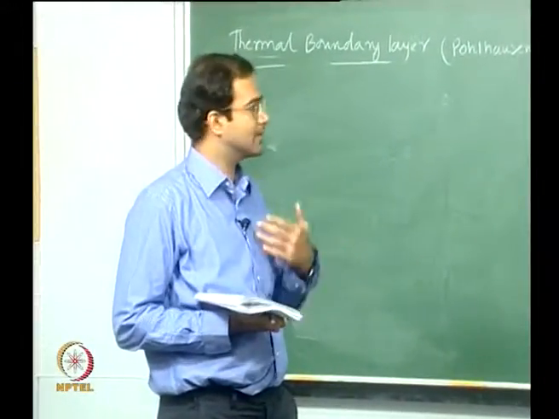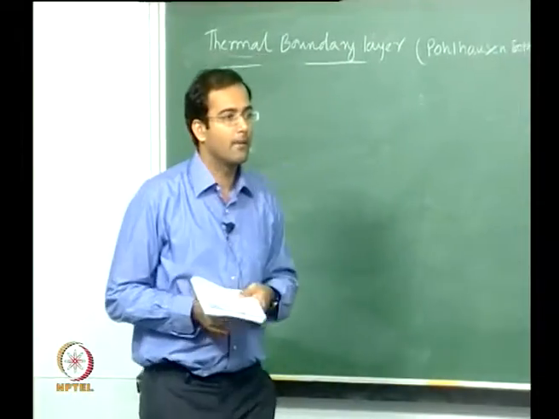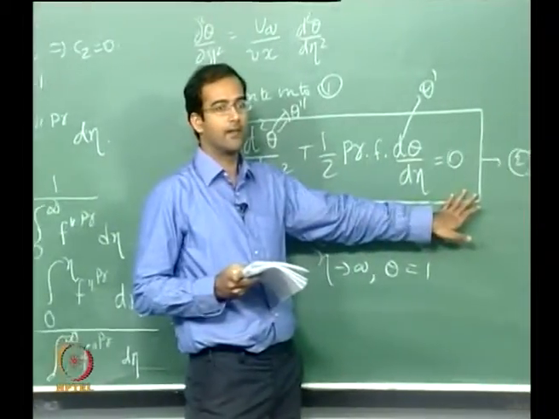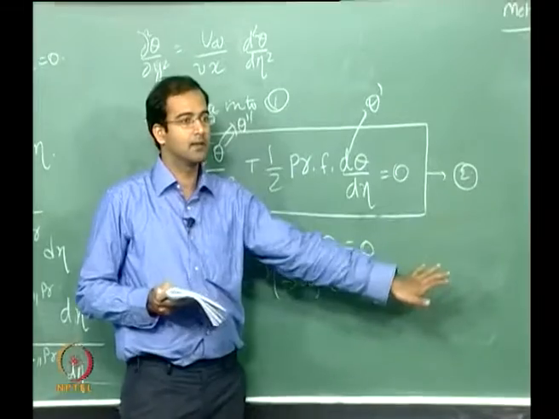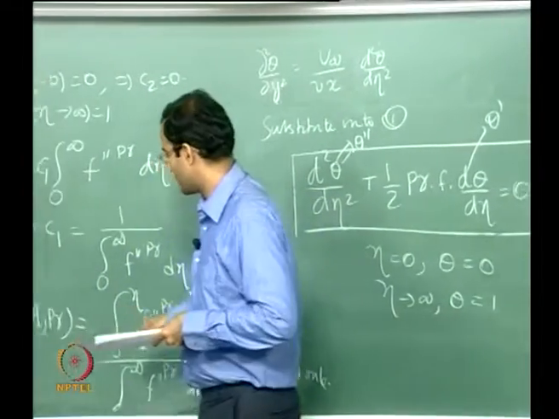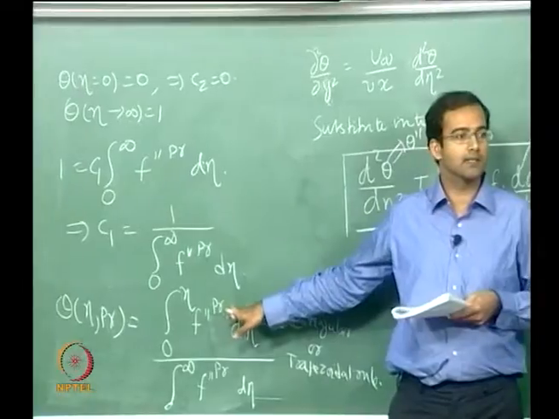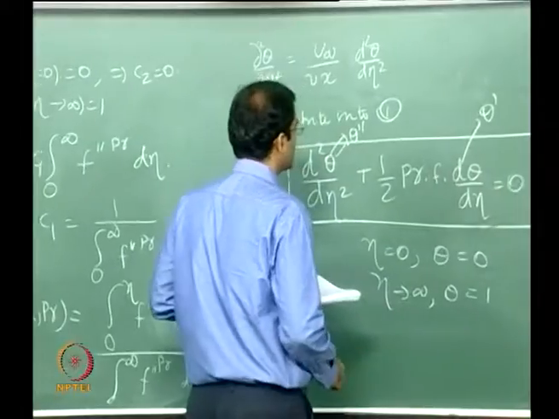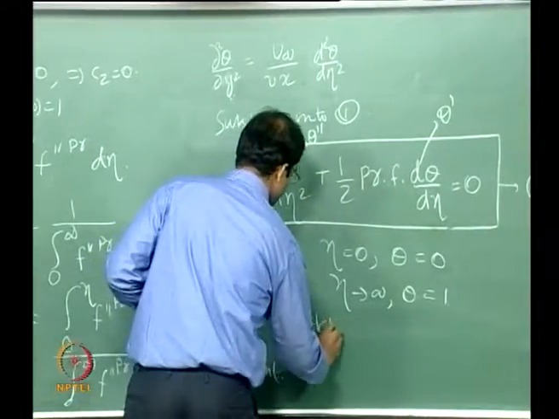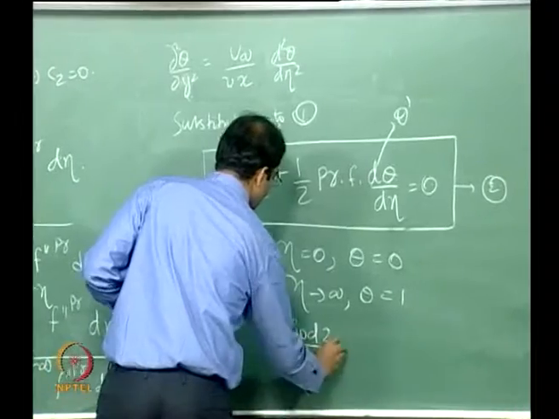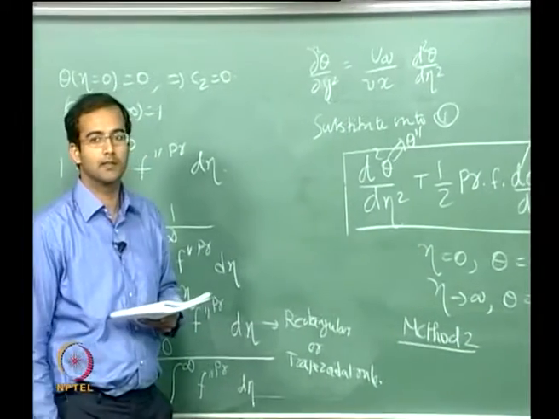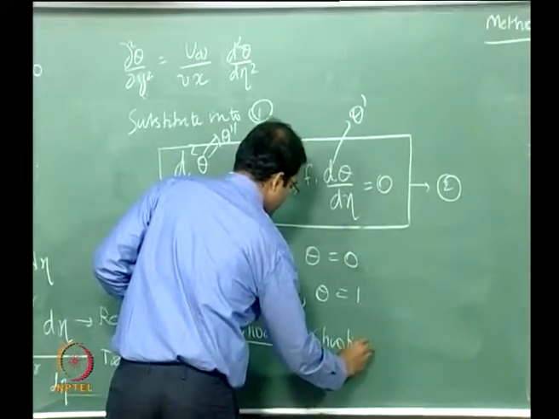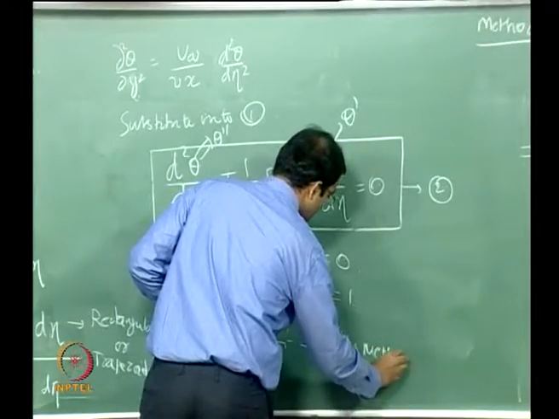Or the other way, what is the other way of finding the solution? Okay, so this is the equation that you know. Now I have given you one method where it looks like an analytical solution, but finally you end up doing a numerical integration here. So what could be the possible method 2? Shooting method. Which I hope you have already become so familiar with that you would like to use only this method.